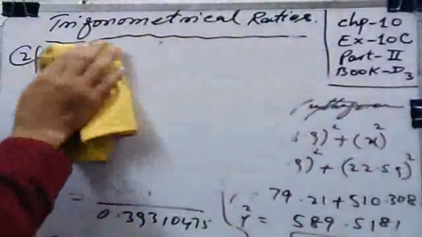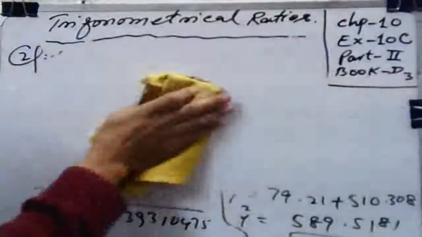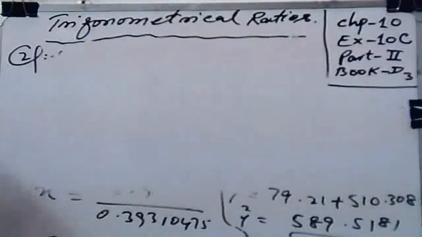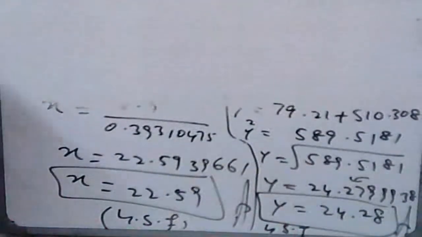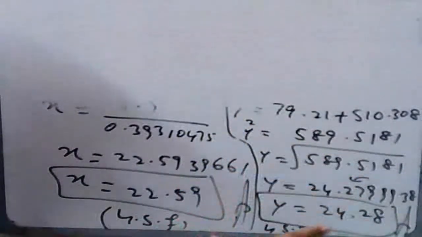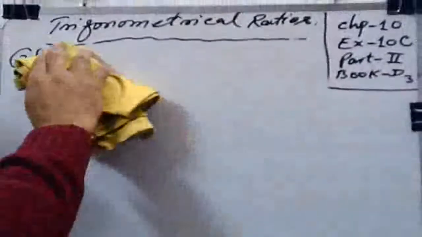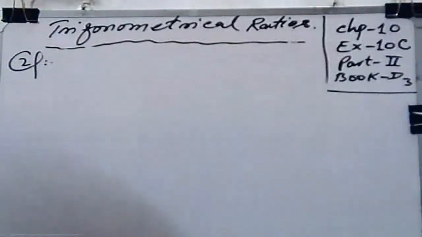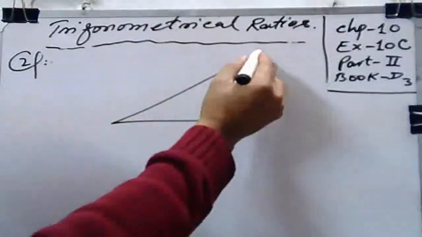Now coming to the H part. You can see in this portion, initially I think that it may not be in focus in the camera. I think you have seen here in this portion. Now I'm going to remove it because it is a very difficult calculation, we cannot show again and again, so that's why you can see here. So coming to the H part,